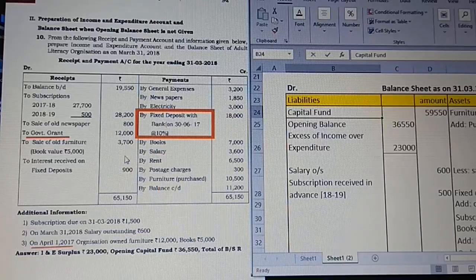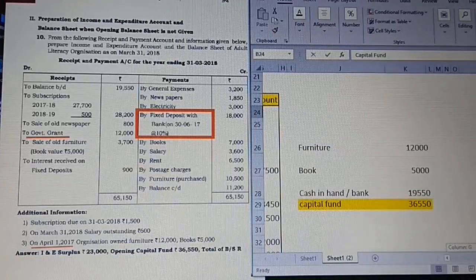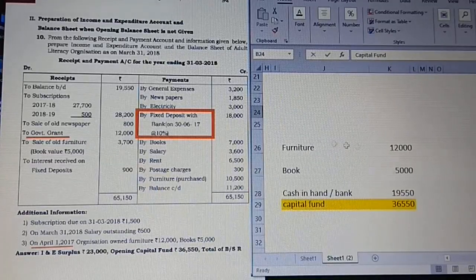Then apart from that, under additional information, the third point they've given, 1st April 2017, organization owned furniture 12,000, books 5,000. Now can you all observe, we have only asset items given, furniture, books, and the cash are related to assets. There is no liability value. So how to consider this? Just simple. When you go for the balance sheet, concentrate here. Furniture I have taken, book value, cash in hand or cash at bank, opening value I have taken. So total of that I get